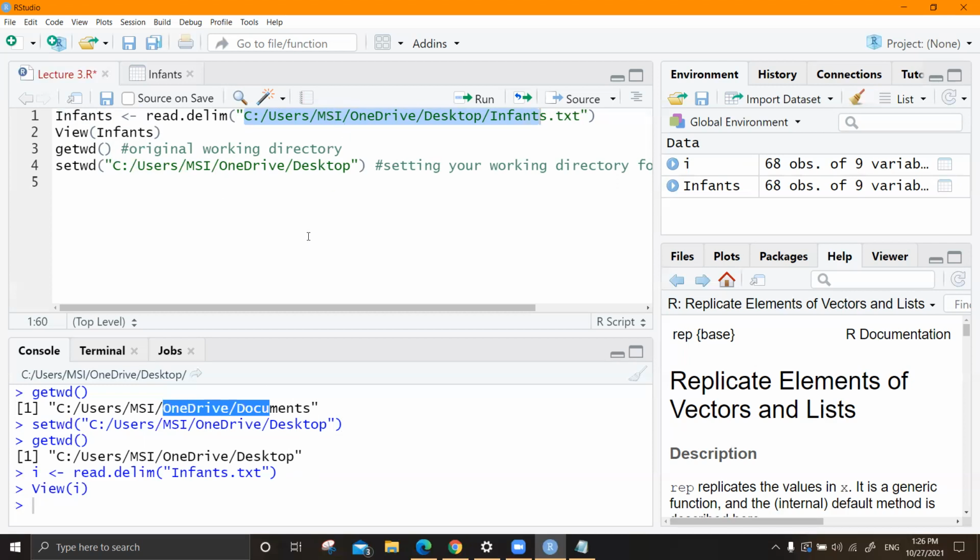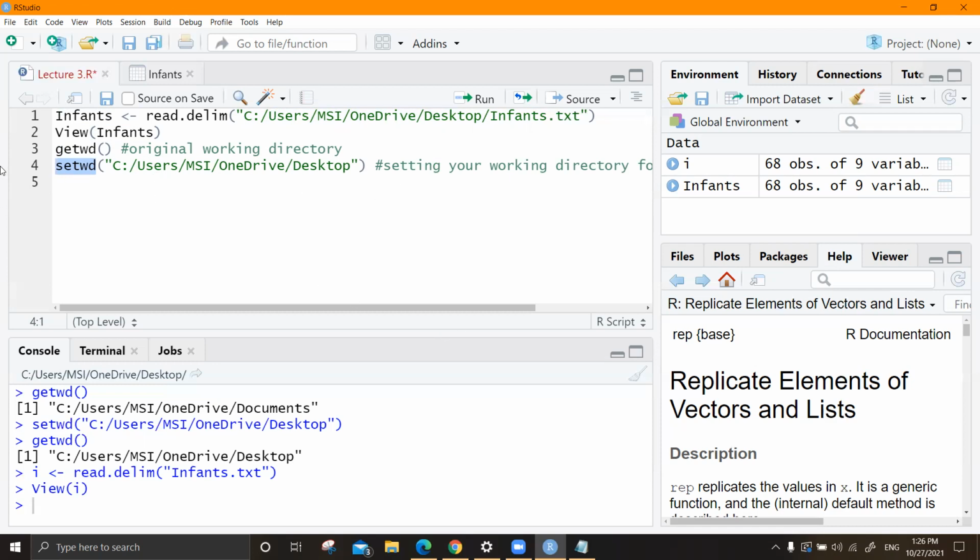But it is very convenient if you have your R script file saved in the same place where you have your data set. If that is the case, just get the working directory and see whether it is different from your file location, your dataset location, and you set it to whatever the file location that you want to work. So I prefer desktop, so I set it there.